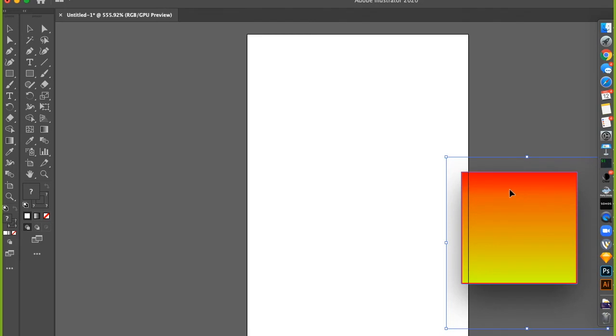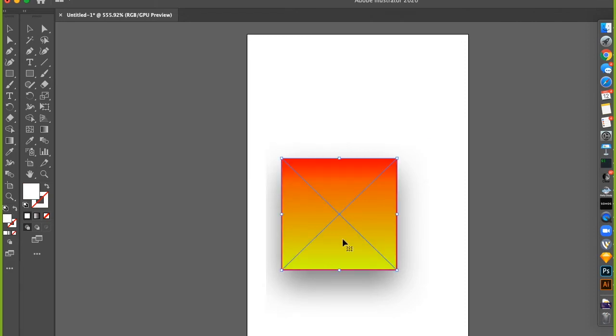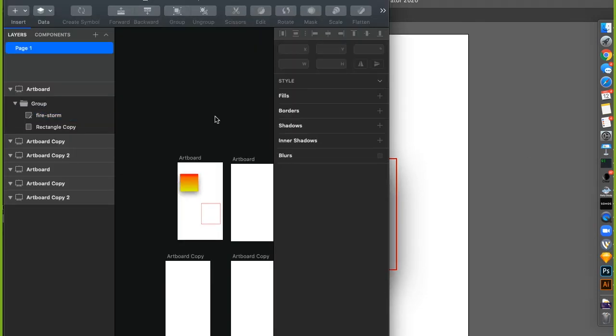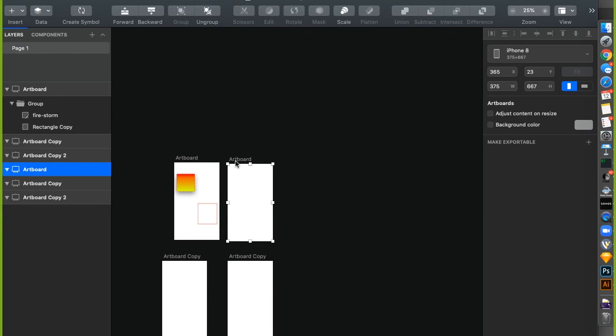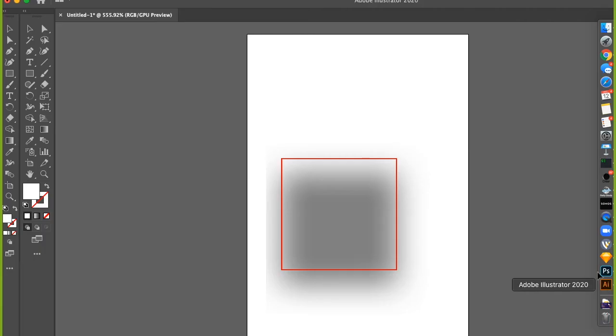Cool. So now that's inside of here, and it brings up all the typical things. I can interact with this, update it, and actually work in Sketch. And that's where I was saying I create templates a lot of times in Sketch, and then I move them over to Illustrator, and it does a really, really good job of doing it. Now I can even take this guy that I've created in Sketch, take the inside piece of this and go back to Sketch. So this would be like if I was importing something from Illustrator into Sketch, it shows up in here and it brings in all the pieces. So if I were to take a more complex piece from,